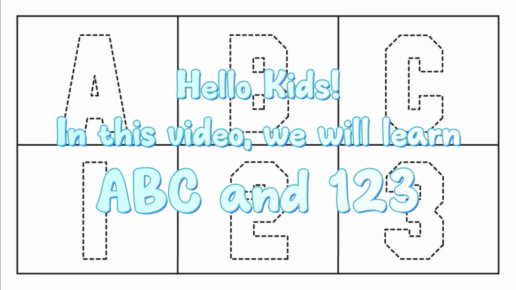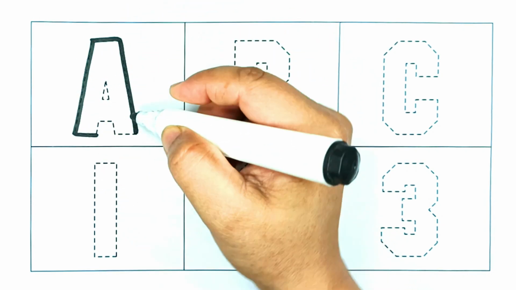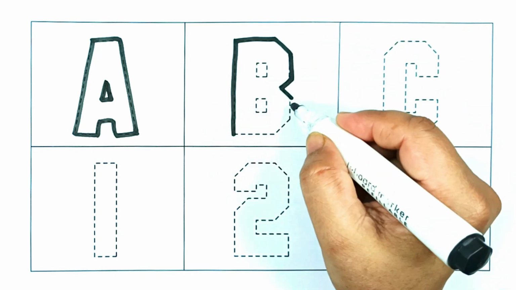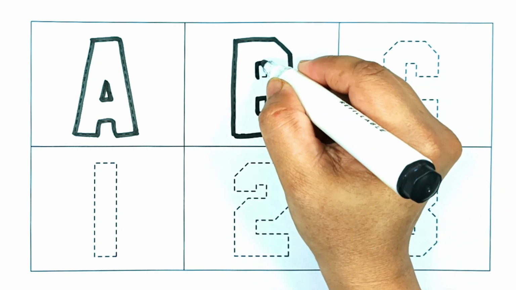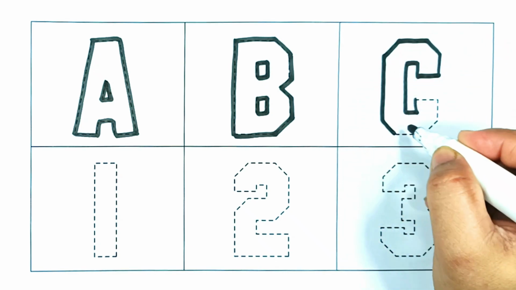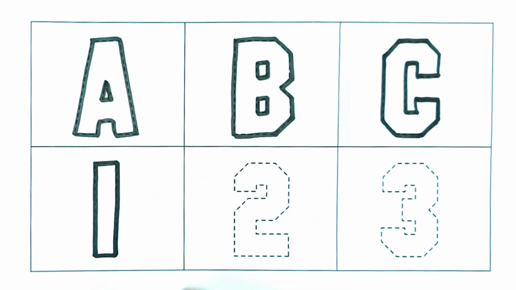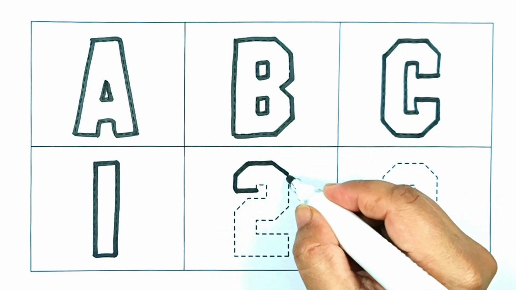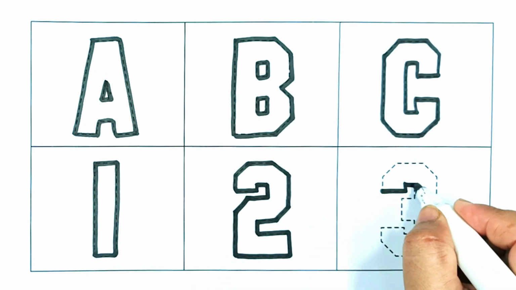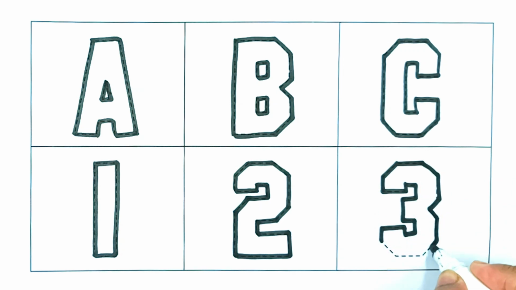Hello kids. In this video, we will learn ABC and 1, 2, 3. A. A, B. B, C. C, 1. 1, 2. 2, 3. 3,